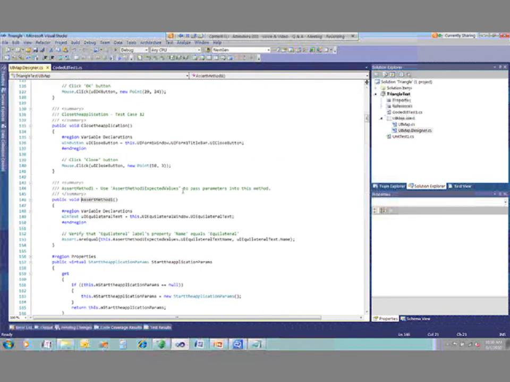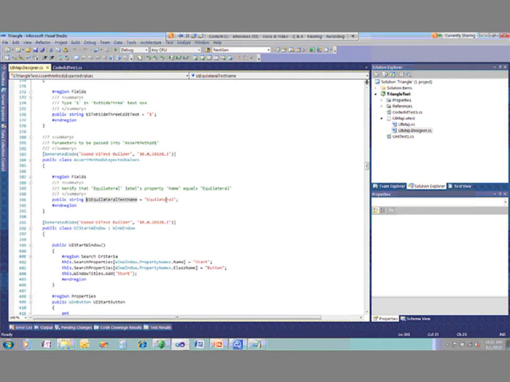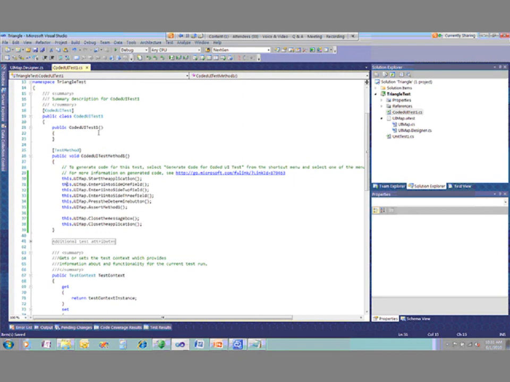And we'll go to the definition there. And you'll see here it's generated within the UIMap.Designer.cs a little method for us. And here's our actual assert, where it's checking our expected value with the actual name of the control. So if we go to the expected value, you'll see that it said, well, this is equilateral. Well, if we want to have some fun with that, we can maybe change that, go back to the test,